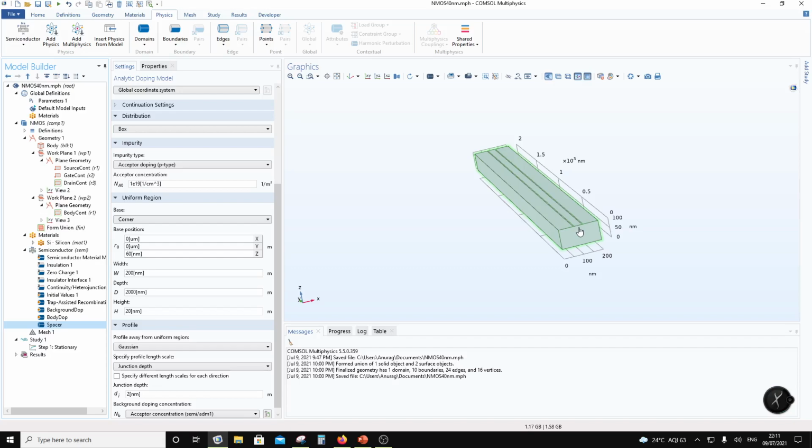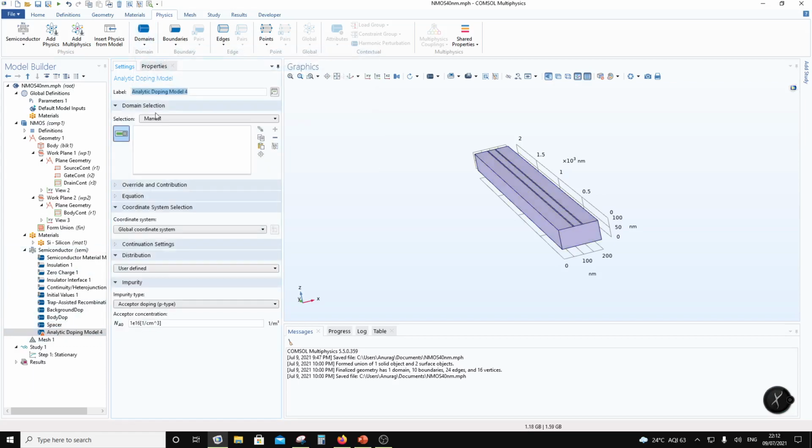One thing is it's going to change your threshold voltage. The other thing it is going to do is change your channel length modulation. So that is going to decide that. So another thing, let's put this in spacer. Let's put this as 0.5. I just had a change of heart, don't worry about it. Okay, 0.5, doesn't matter. Okay, so let's go back to domain, analytic doping,